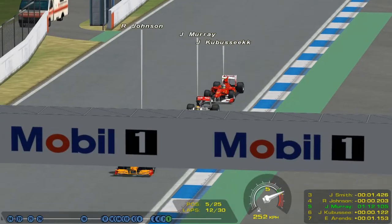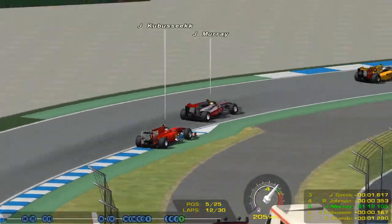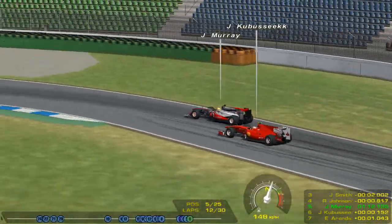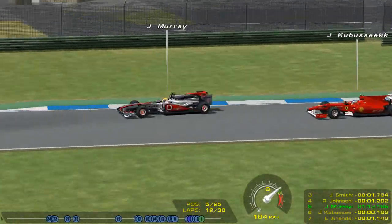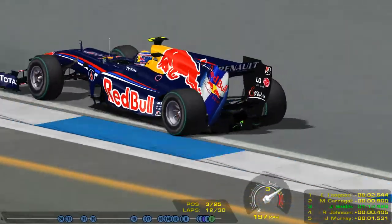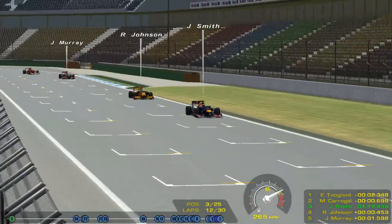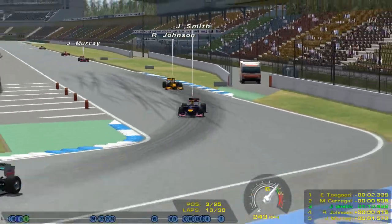He's cleared the front wing. Yeah. Just about. Joseph Murray. And Jakob Kubasek is just about there. Thinking of a move on the inside, but not going to work. Now he's actually going to send it at Sax curve. That might work. They nearly touched, they'll have tyres. No, Murray holds onto it. Sax curve is hard to overtake. Remember, Sax curve is actually a banked corner. Yeah, it is. So, if you run wide enough onto the grass, you're completely finished because the terrain and elevation changes and you're completely...